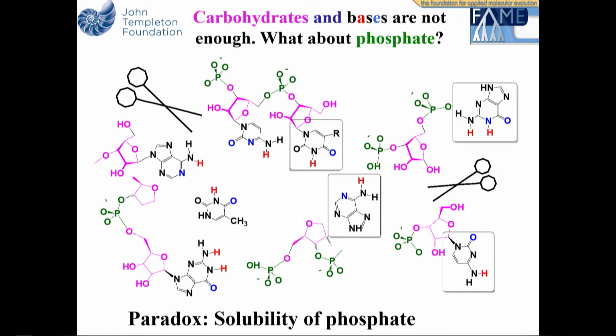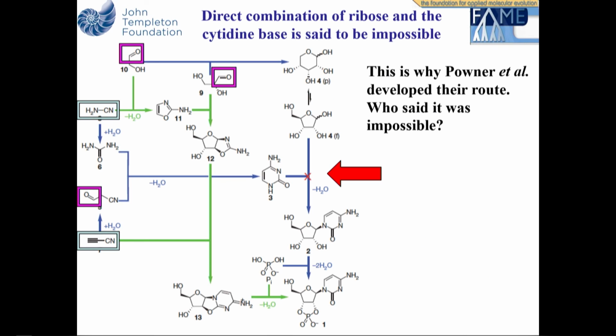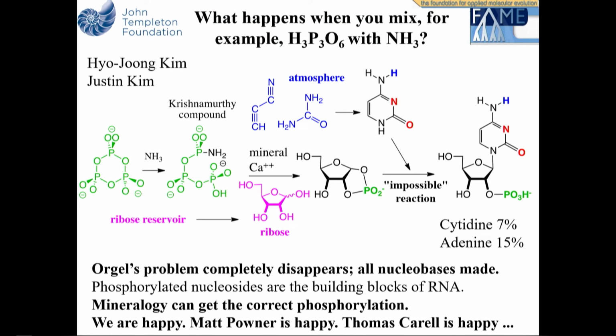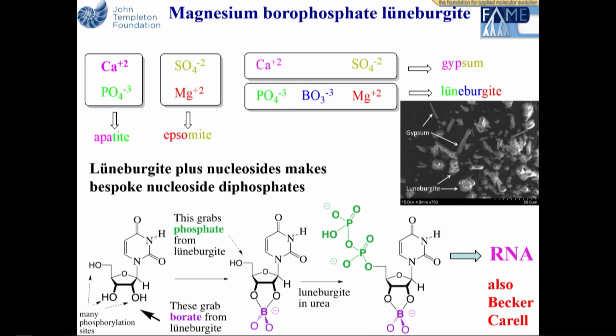That's up to you. I'm running out of time, so let me not go through phosphate, but let me just say that we have actually a perfectly good story because the phosphate also exists on the Earth from an oxidized mantle, so it's in the form of phosphate, not something with lower redox potential. And it turns out that with various minerals associated with it, including the ones that I handed out over there, not only can you make the phosphates of the nucleosides, but you can also make the nucleosides from a species that Ram Krishnamurthy proposed, and actually phosphorylate them.